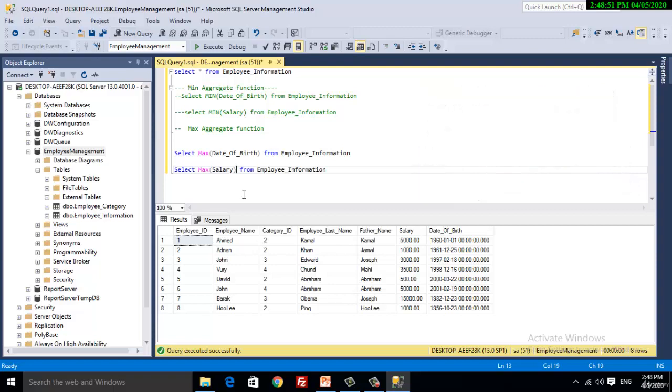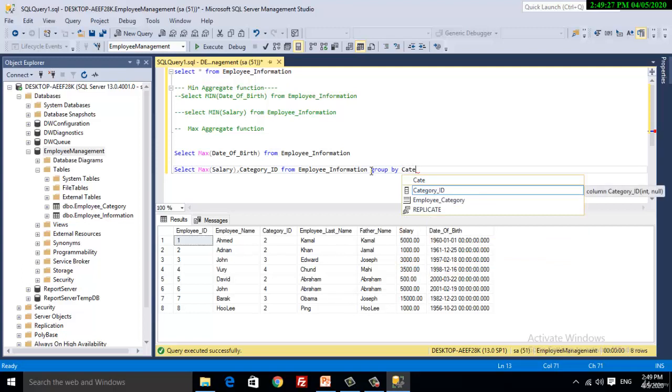Let's move to add a little bit of complication in the query that you are currently watching on your screen. I am going to add a column category ID. Okay, and I am going to add a clause group by.